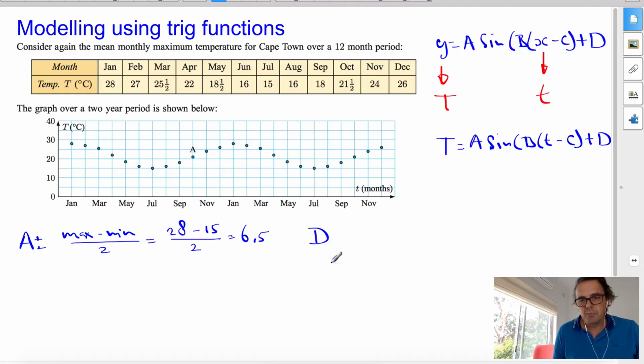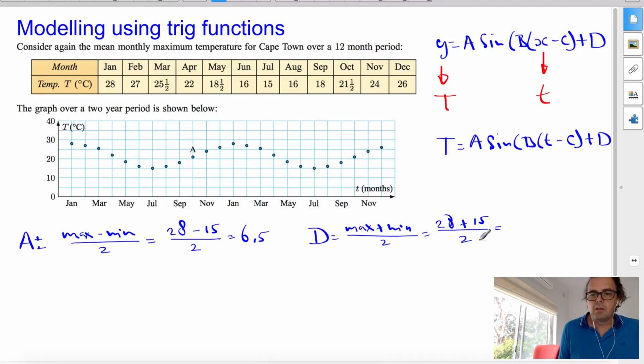Another easy one is D. D is the maximum plus the minimum over 2. So that's my 28 plus 15 over 2. Therefore that's 41, 40, oh wait a minute, 42 over 2. Am I getting this right? Yeah, I think so. I've got here 21.5. Of course, it's 43 over 2. Right. Great. Now another one that's not too hard is B,